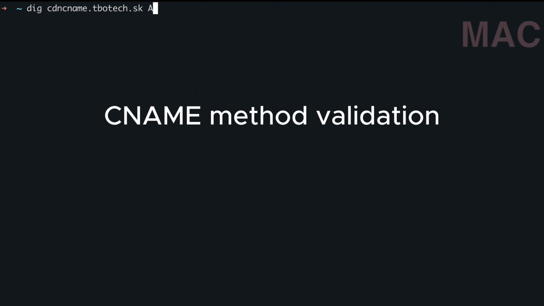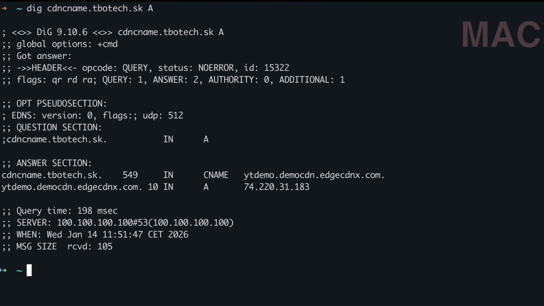So I'm going to resolve the new cdncname.tbotech.sk domain name. As you can see, when I query this CNAME, I get a response of ytdemo.democdn.edgecdnx.com, and this CNAME is pointing to an IP address of